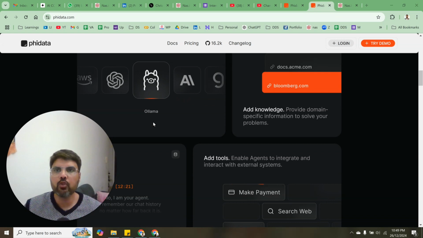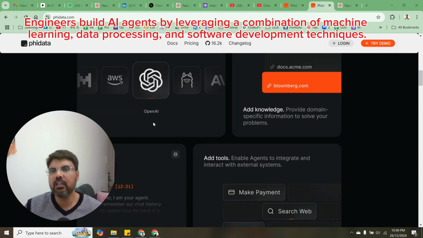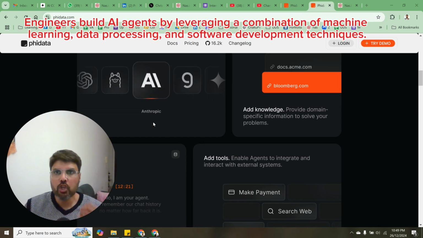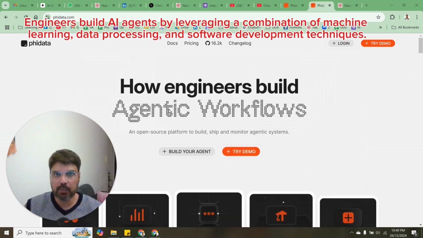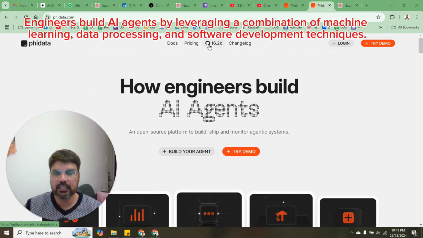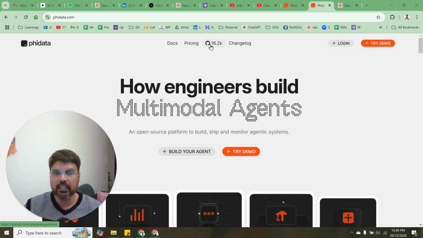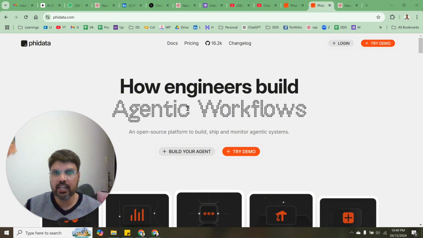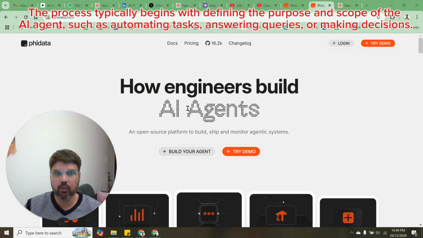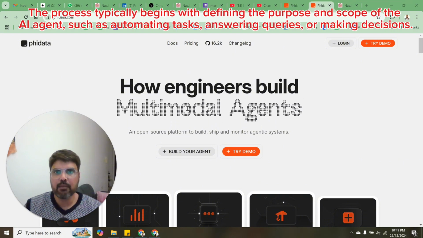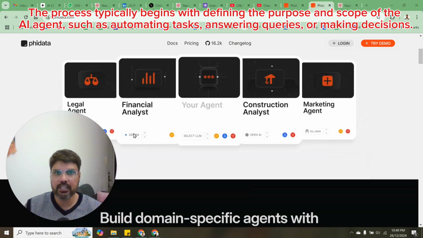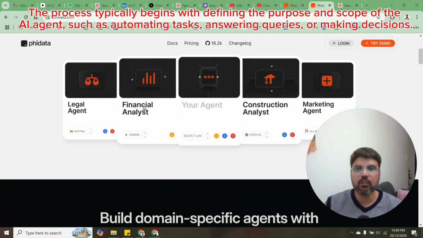Welcome to one of the new high-level frameworks for using AI agents called PhiData, PHI data that you can see on the screen. This is open source. As you can see on GitHub, there are 16.2k stars, and this is a new way of building agentic workflow AI agents and multimodal agents. And you can see this website, there are very good examples to start with, like legal